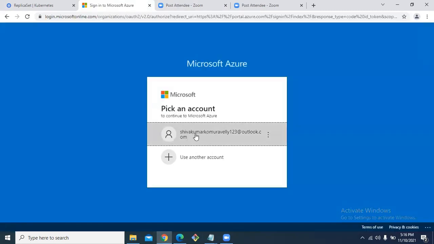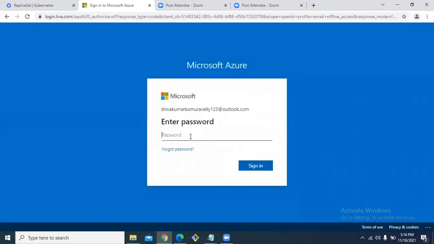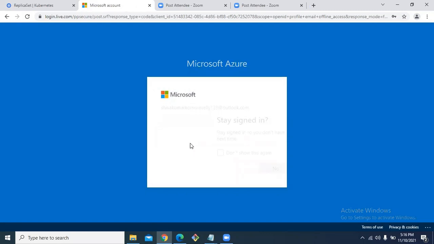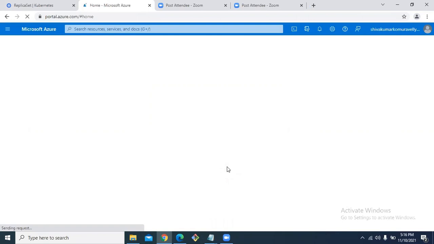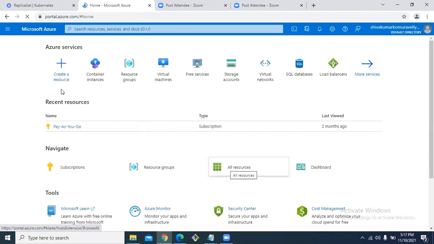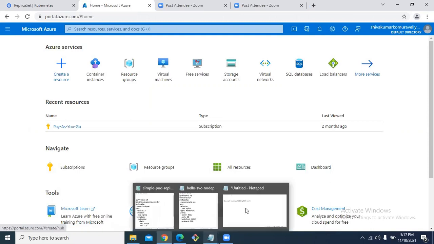Portal.azure.com. Initially here we have to create a resource group.